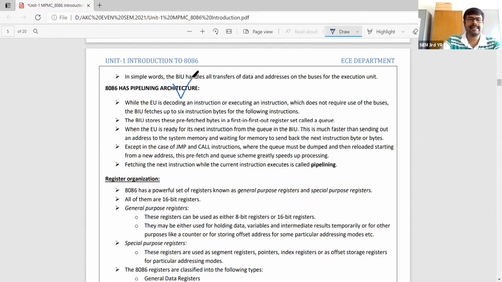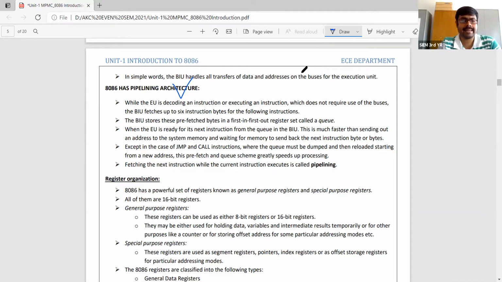Next, the 8086 has pipeline architecture. This is the first term we are using, that is pipelining. Pipelining means basically we will now do parallel processing. Parallel processing means simultaneously we will perform operations that may be operated in a specific time domain into two different paths. That is a specialty in case of pipeline architecture. In case of 8085 architecture or in the previous basic architecture, we have not seen this pipelining operation. This is the first time we are introducing this pipeline architecture in the 8086 microprocessor.